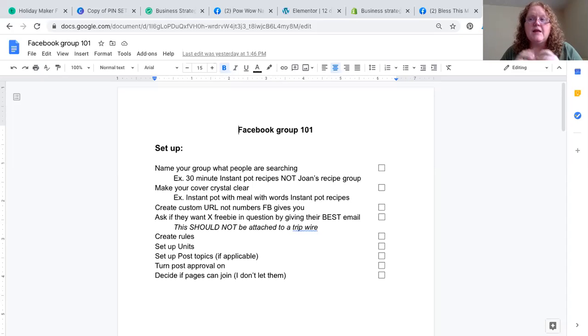Okay, if you don't, it will get chaotic quickly. And then you need to decide if pages can join. I'll tell you my theory on this. I don't let pages join because a lot of times pages are looking at trying to use their